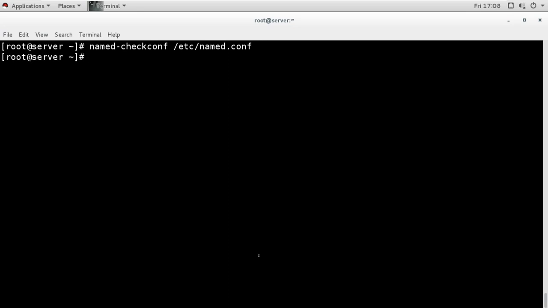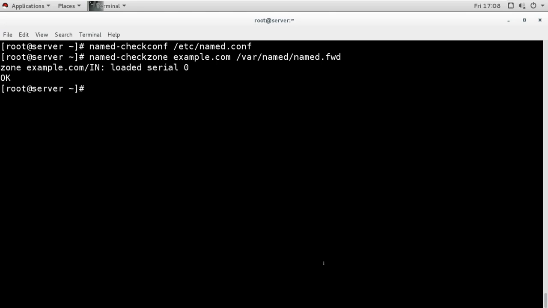If there is no error, then we can check the zone file. For checking the zone files, we use the check zone command with the domain name. So I want to check this domain file, and the file is here under this database directory, and this is my forward zone file. When I check, it says it is okay. So that means the file is okay.